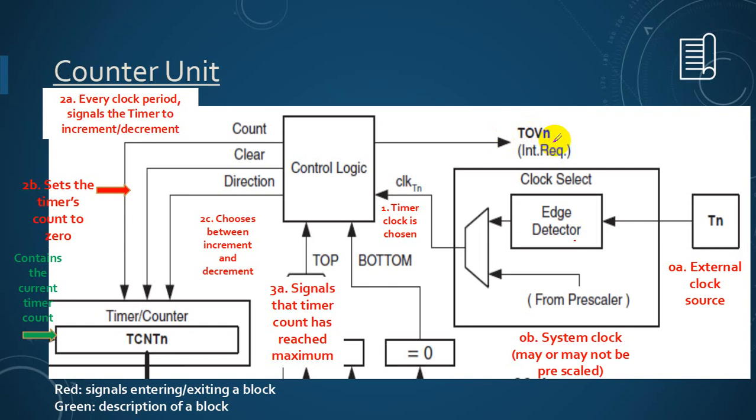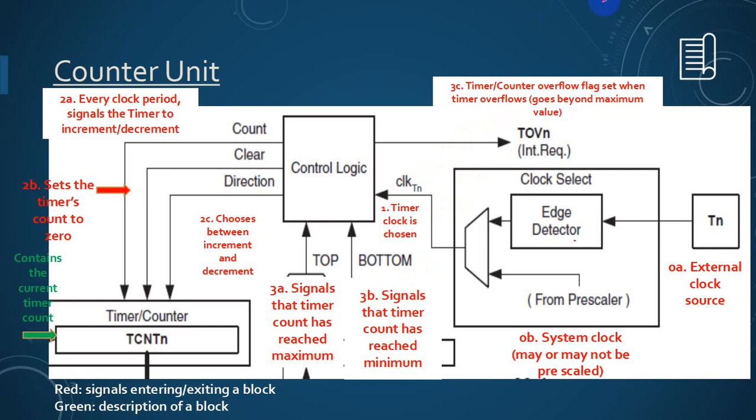Okay, flag bit. If it is bottom, it signals the timer count has reached the minimum. From top, it will go to the bottom. Okay, at that time it will send the request. Timer counter overflow flag is set when the timer overflows, goes beyond the maximum value. Okay,